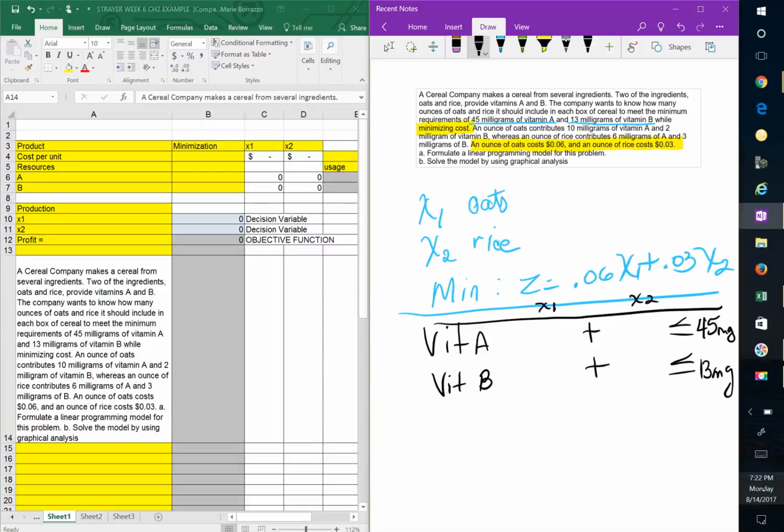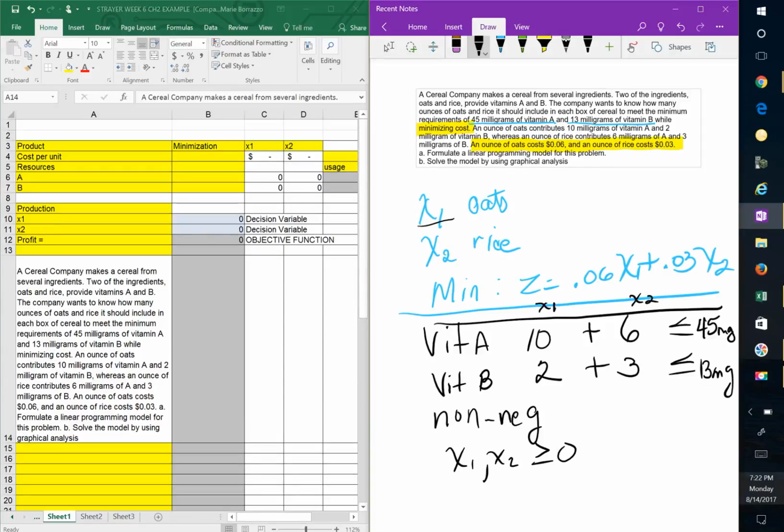It says here an ounce of oats, so oats is our X1. An ounce of oats contributes 10 milligrams of vitamin A and 2 milligrams of vitamin B, whereas an ounce of rice contributes 6 milligrams of vitamin A and 3 milligrams of vitamin B. Obviously, this is a non-negative, which means that X1 and X2 respectively will be greater than or equal to 0, meaning that we're in the first quadrant. So,